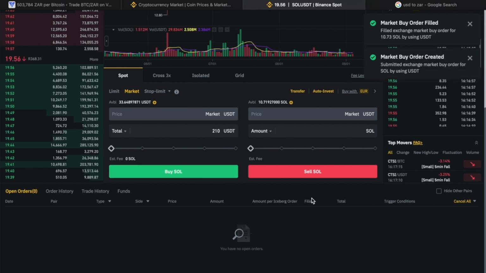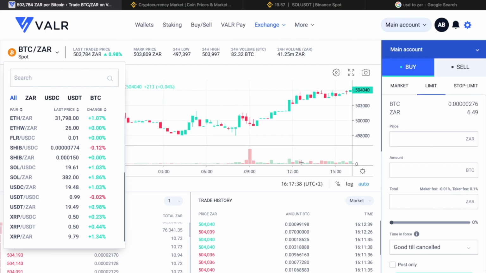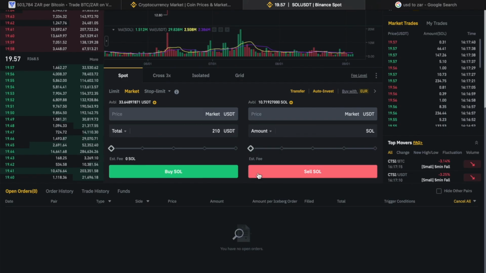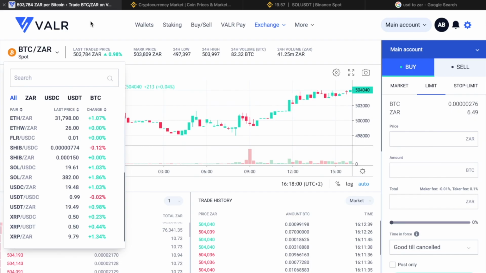So right now we have Solana worth 210 US dollars. All right, so we're gonna send this Solana to VALR Crypto exchange, and then we're gonna sell it there at a higher price, and you're gonna see how much profit we're gonna make, since this Solana that we have in our wallet is worth 4,000 rand. Okay, so right now I'm just gonna go ahead and send these 10 Solana to VALR Crypto exchange and then sell it there at a higher price, and you're gonna see how much profit we're gonna make from